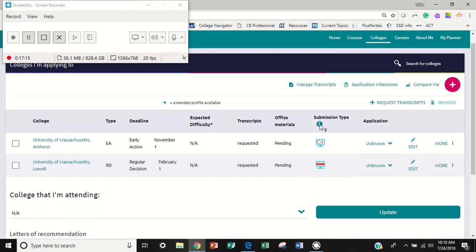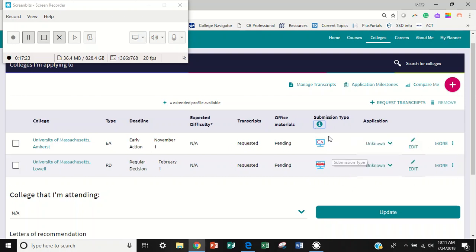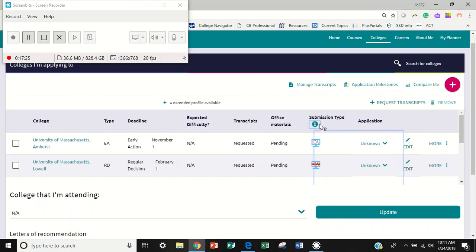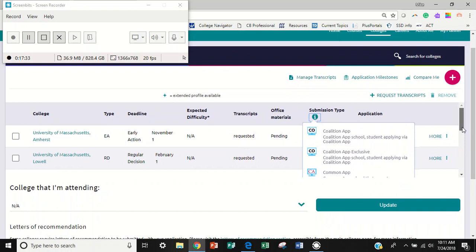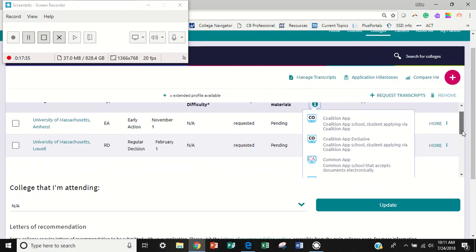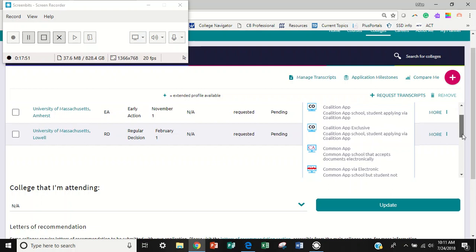If you click on the little I under submission type, you'll get the different symbols that may show up. You will see there is something called a coalition application. Some students may be using the coalition application, but I'll just note that documents will go through to coalition schools electronically. Not too many students will probably run into a coalition application. It's a little more prevalent, I think, in the South, but if they do, no worries, things will still be